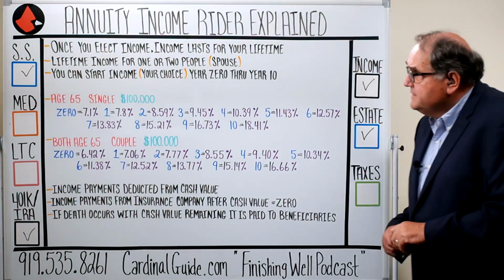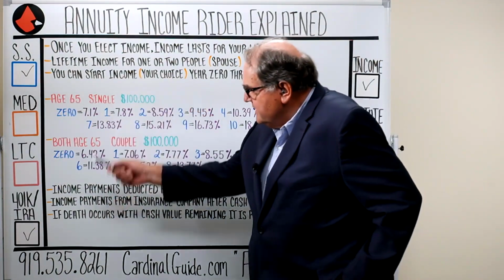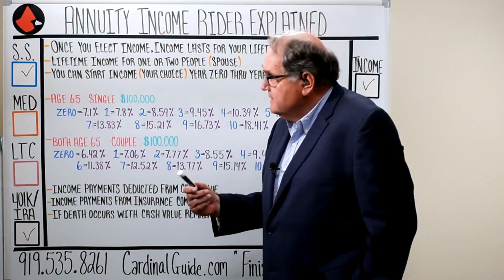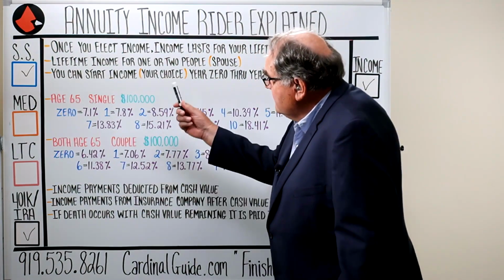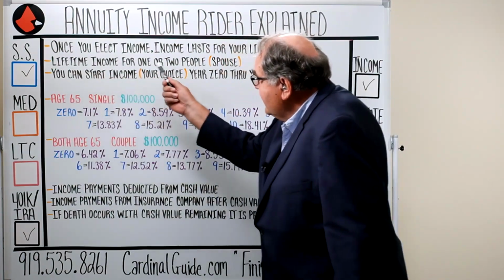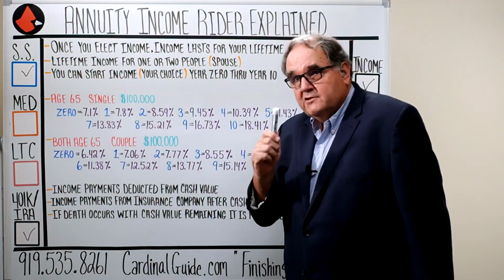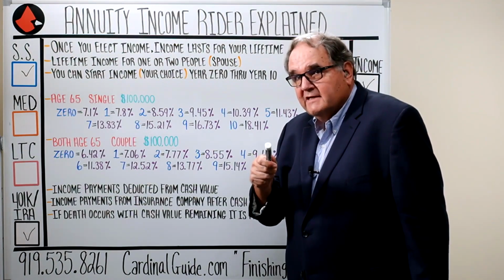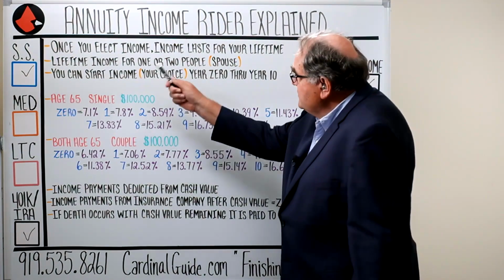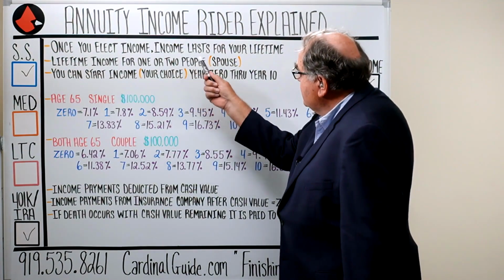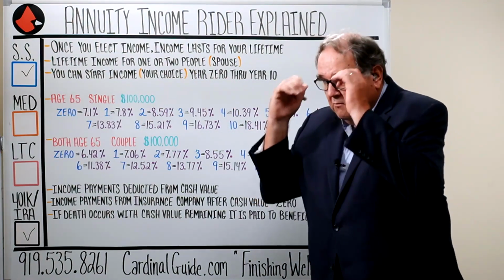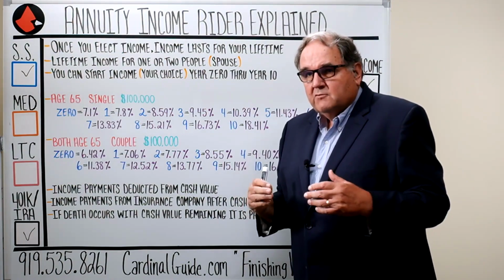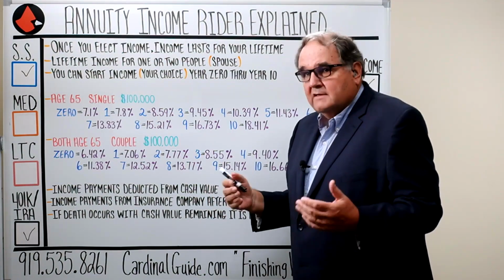Okay, so just have 6 bullet points, 3 before the examples, 3 after the examples. Number 1, once you elect income, and it's you electing the income, it's not the insurance company. Once you elect income, the income lasts for your lifetime. So if you buy a single one of these, you're 65, and